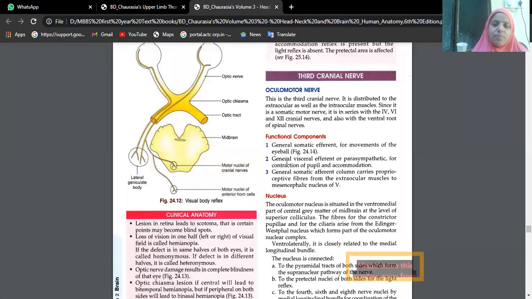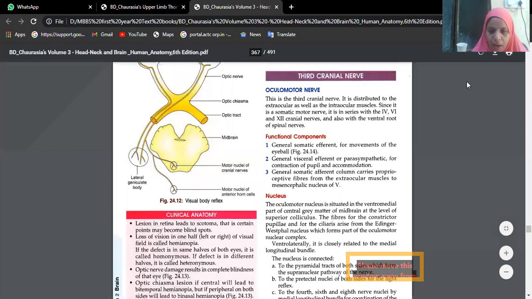See, all these muscles are supplied by the 3rd, 4th, and 6th cranial nerves. If you remember the code SO4 LR6, SO4 means the superior oblique is supplied by the trochlear nerve, and LR6 means the lateral rectus is supplied by the abducent nerve. So all the remaining extraocular muscles we studied are supplied by the third cranial nerve, that is the oculomotor nerve. This is the third cranial nerve which is distributed to extraocular as well as intraocular